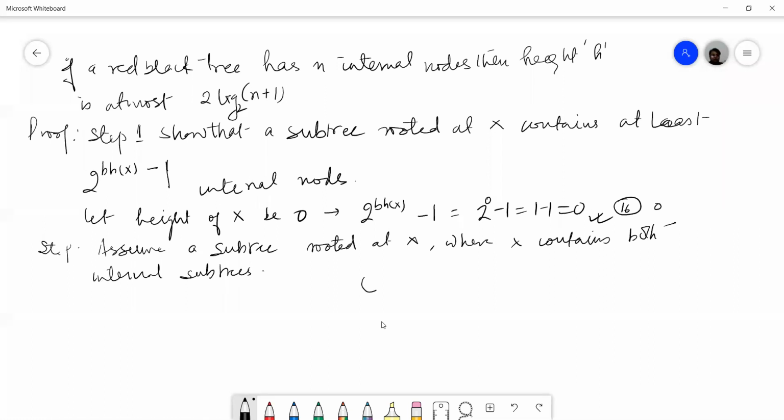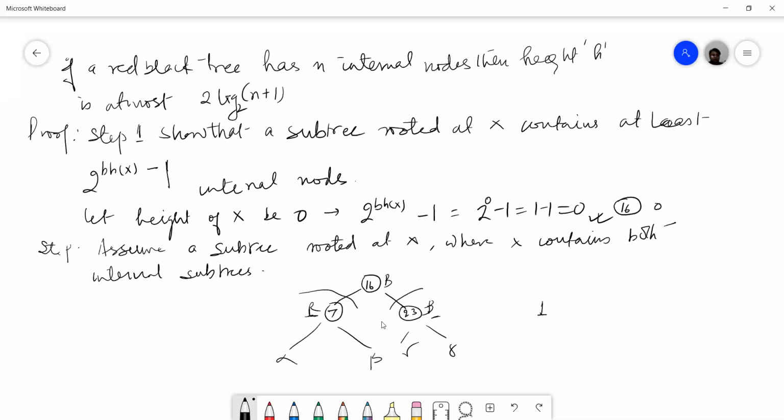Now suppose this is x, okay, and its color is suppose black, for example, and this is suppose 7, its color is red, and this is suppose 23, its color is black, and again these have their own subtrees. It is a red black tree. Now, if we calculate the height of 7 and the height of 23, so obviously they will differ by 1. Why differ by 1? Because see, 23 is black. So here one black node is there, but 7 is red. Okay, so this is the case. Here we have a red node, here we have a black node.